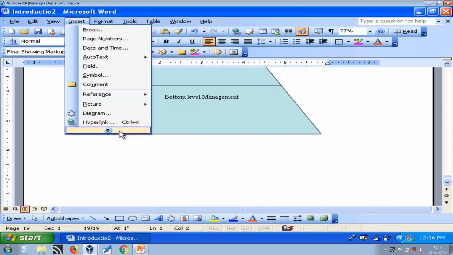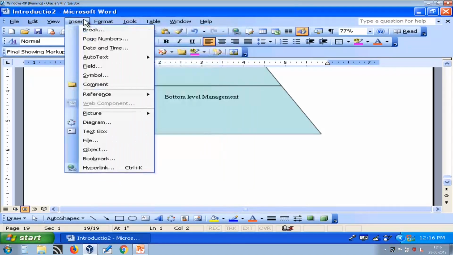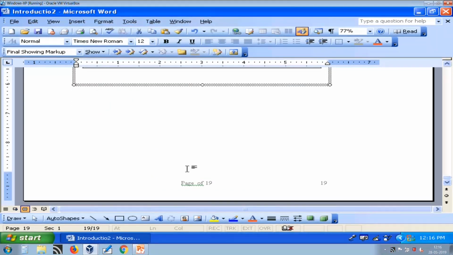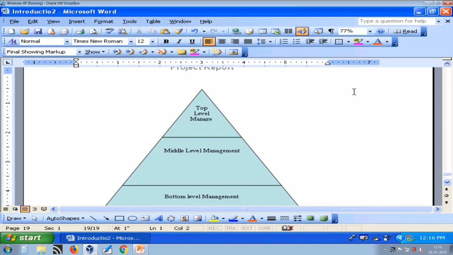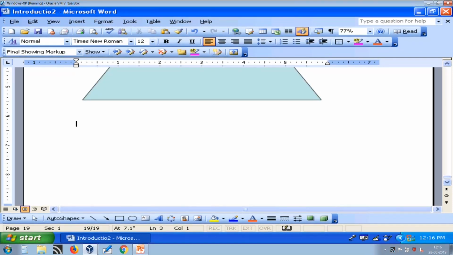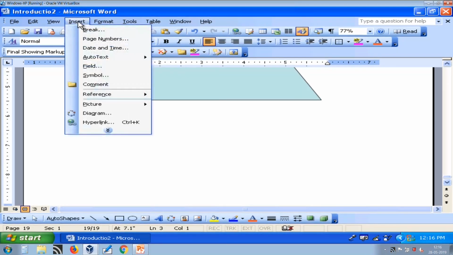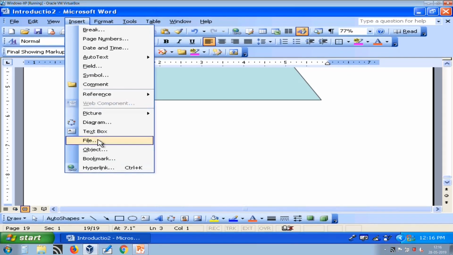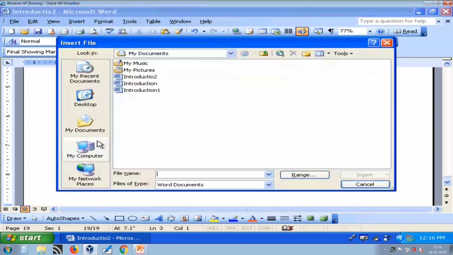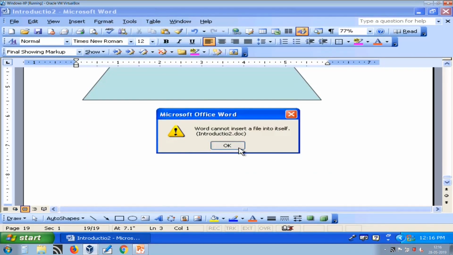So, we have understood these options like comment, reference, picture and diagram. Suppose you want to add 2 pages which are created in a separate file, what you can do is you can select insert and file. So, it will automatically add whatever is available in this file.